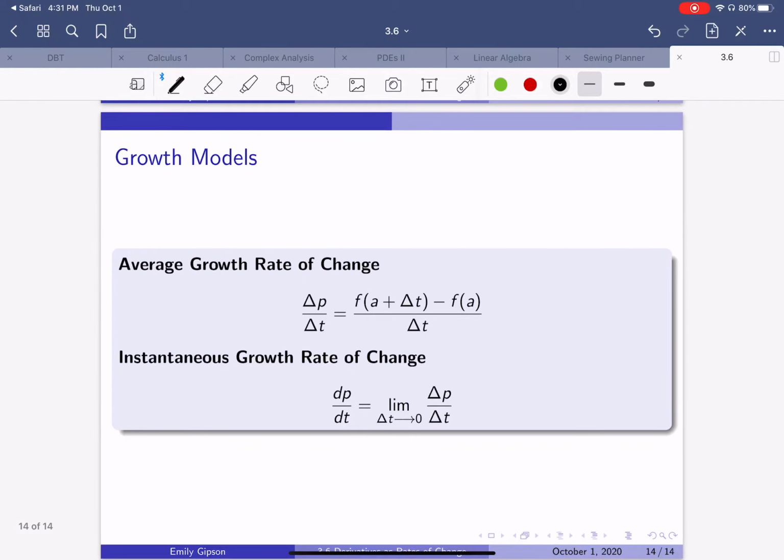So the average growth rate of change is going to be delta P over delta t. So the change in population, or the displacement, f of a plus delta t minus f of a, over the elapsed time, which is delta t. And we get the instantaneous growth rate of change, dP/dt, by taking the limit as delta t goes to 0 of delta P over delta t. And that's it for